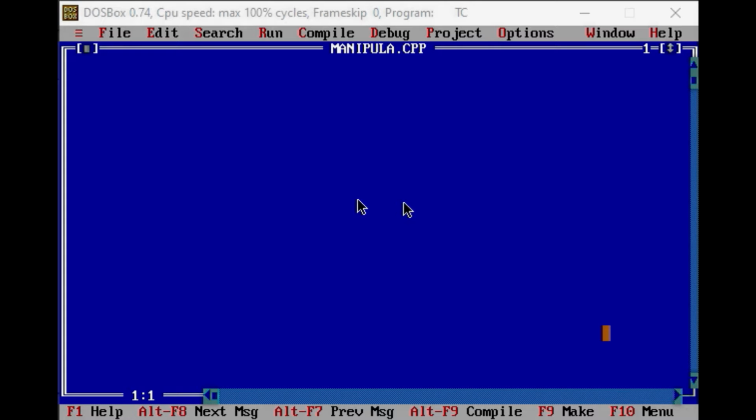In the comment line, I am going to write that we need to add the header file iomanip.h. After that, we have seen one manipulator, that is endl.